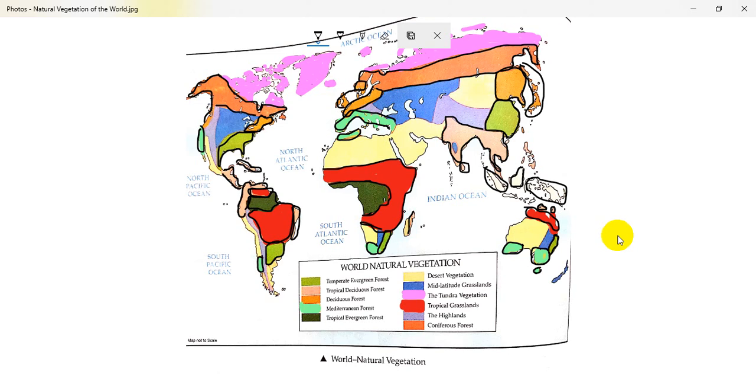Next, the temperate grasslands. Now the temperate grasslands are there where the blue color is, that is the mid-latitude grasslands. It is also termed as the mid-latitude grassland. Now the pointer that is going out, this is the part of Eurasia and it is named as steppes. You should remember all these names. It's a mid-latitude grassland named as temperate grasslands, and this is the steppes.